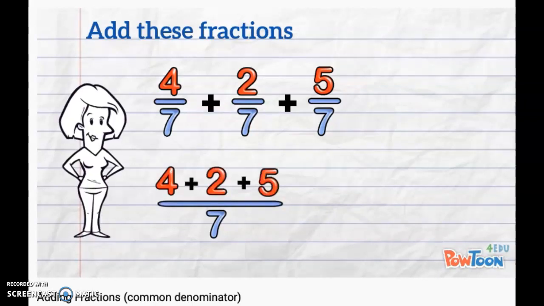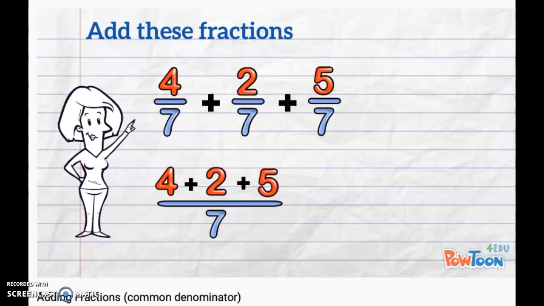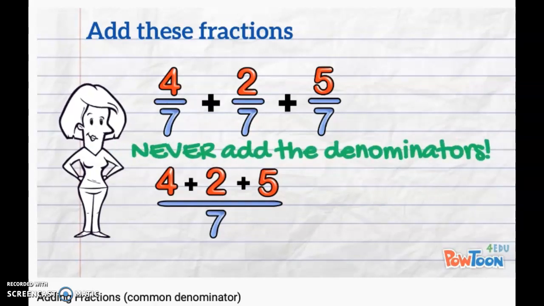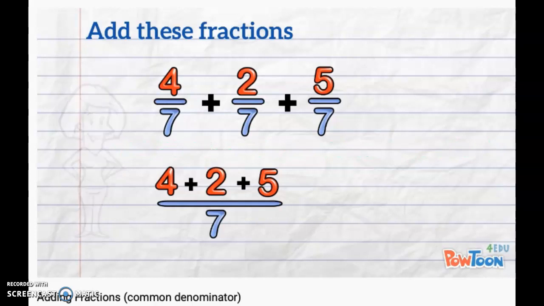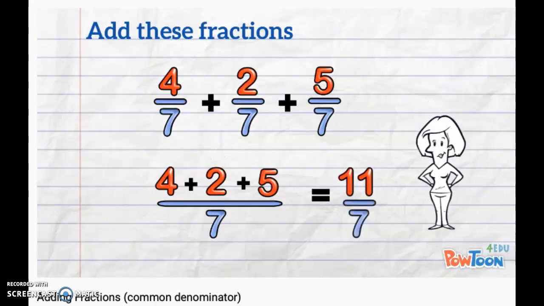This strategy is designed to make sure students don't make the mistake of accidentally adding denominators. And you know, we never add the denominators. Next, you just add it up. 4 plus 2 is 6, plus 5 is 11. We get 11 over 7. That's the numerators added, but now